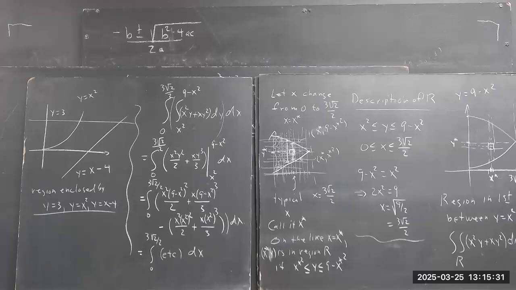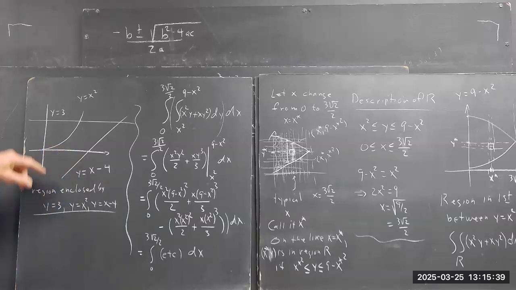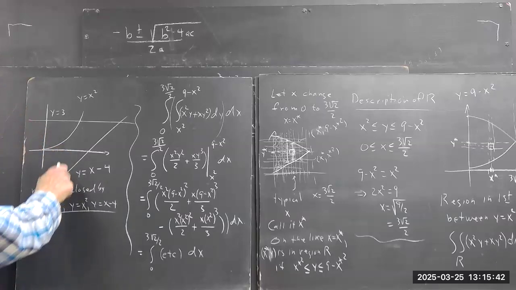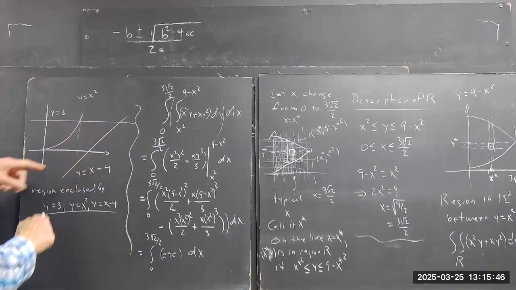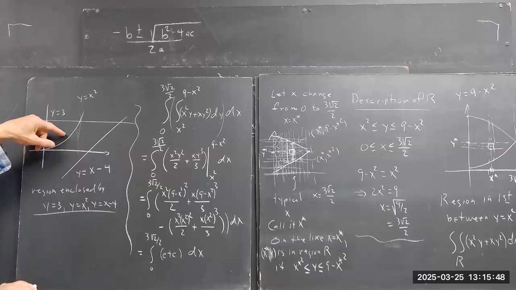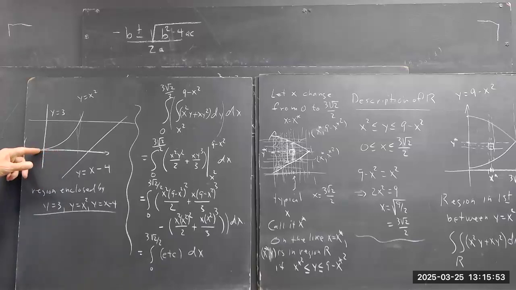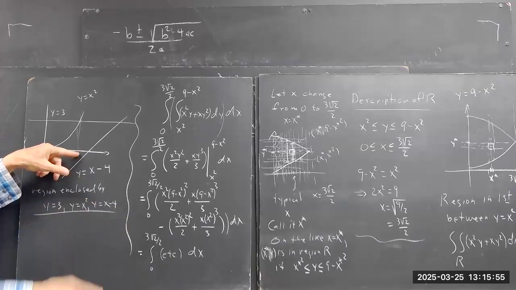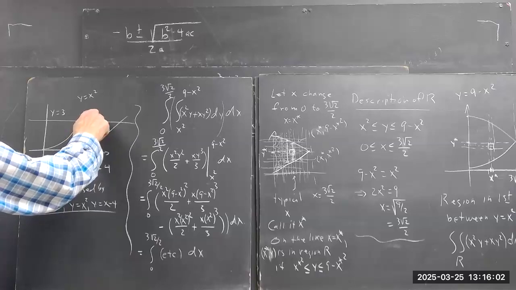If I try to describe this region in terms of the X values, well, you see that from here to here, the X values go from 0 up to X squared, right? So for X from 0 to square root of 3, it turns out, I'd integrate from 0 to X squared. Then